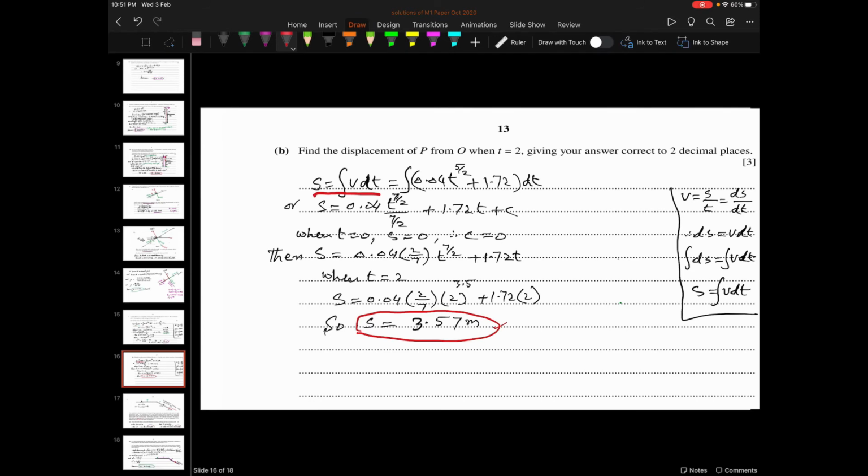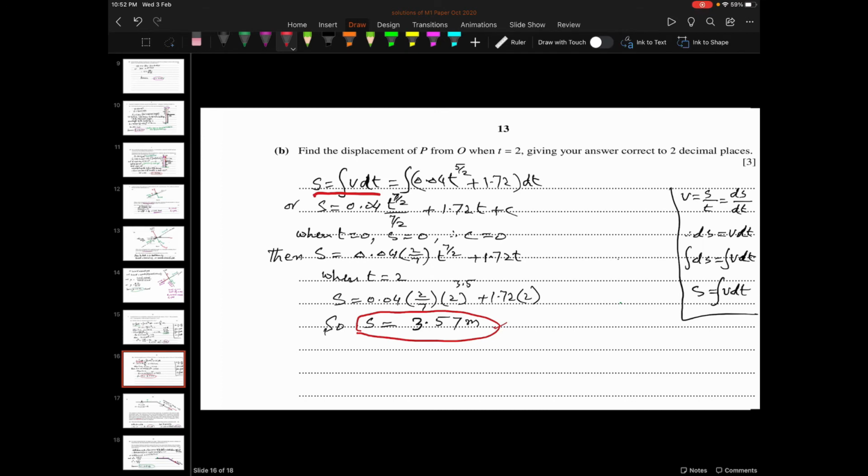Substitute the value of v in the formula. So S is equal to integral of 0.04 multiplied by t to the power 5 upon 2 plus 1.72 dt, or S is equal to